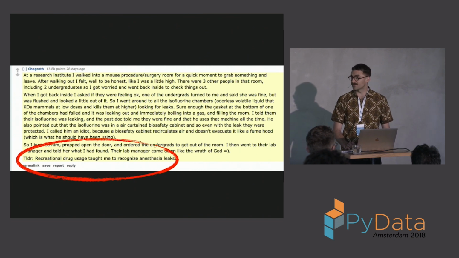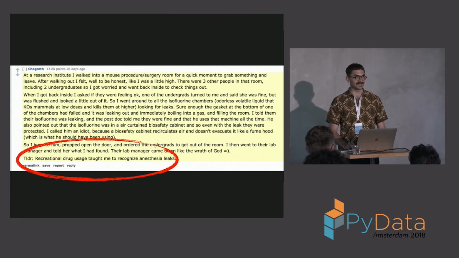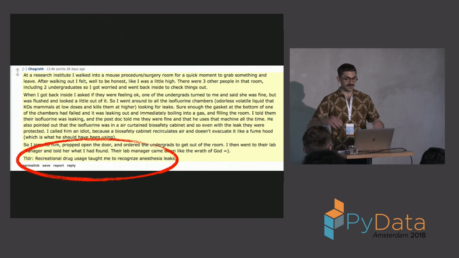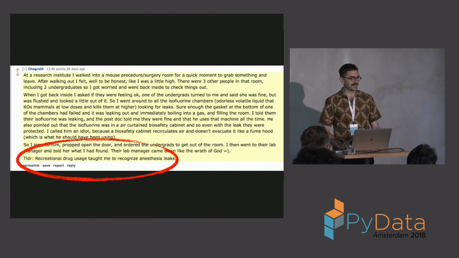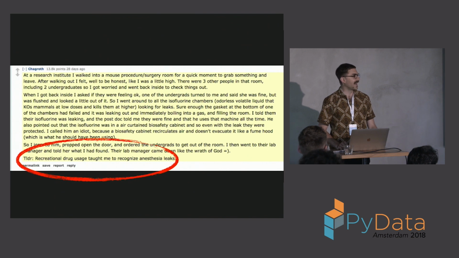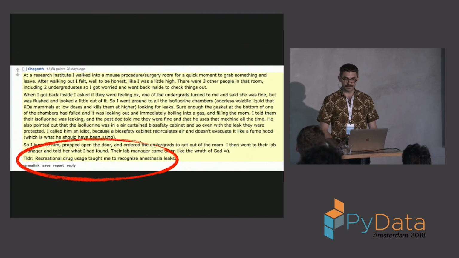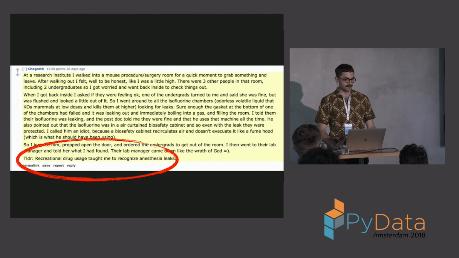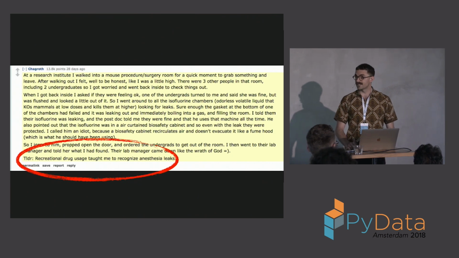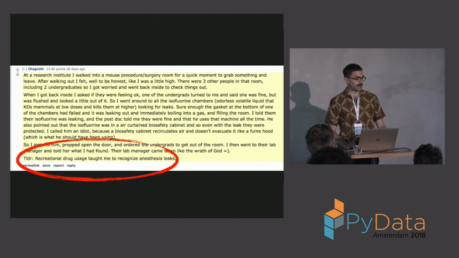So for those of you who are not really well versed in internet speak, TLDR stands for too long, didn't read. Now we have a long, possibly rambling story, and then it's capped off with TLDR, and then a pithy recap of what the person just wrote. So this is an example of what's called an abstractive summarization, which is a type of summary created by first digesting a long piece of text and then generating a new, original, shorter version of that text. Now this is a task that for most humans comes quite easily. I think I wrote my first book report when I was about 9,